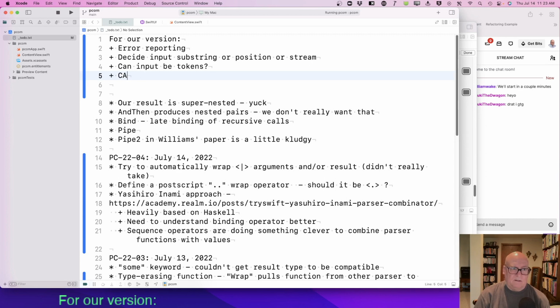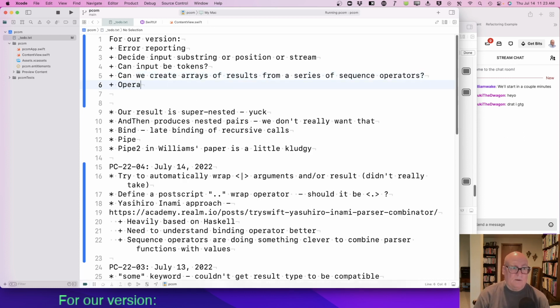Can we create arrays of results from a series of sequence operators? That's a thing to make that piece more useful. So A, then B, then C, it would be nice if the type were an array of A, B, C. Also, we'll need operators.